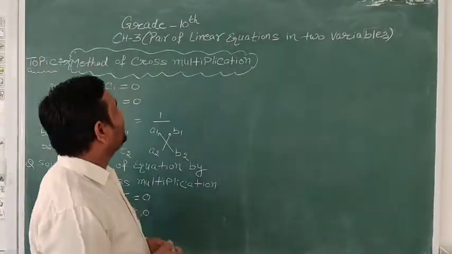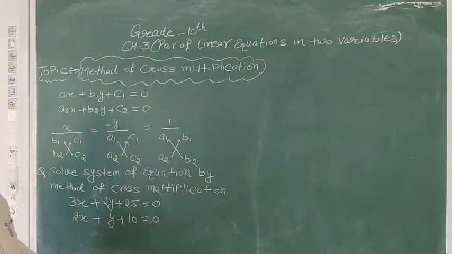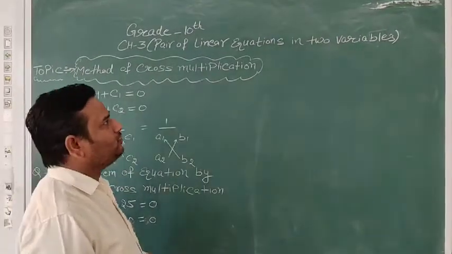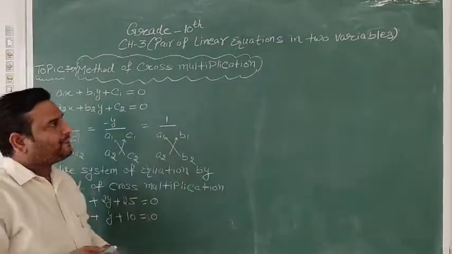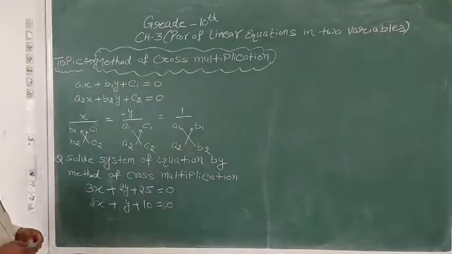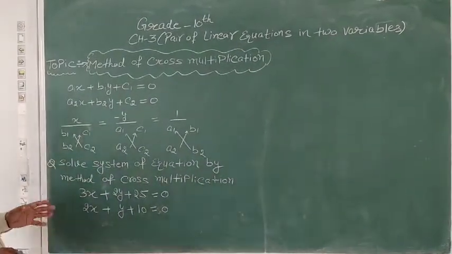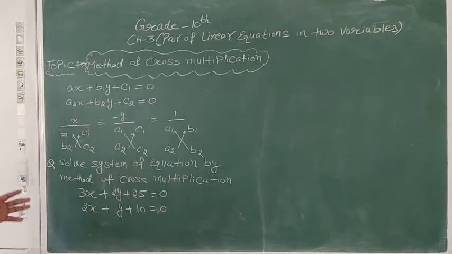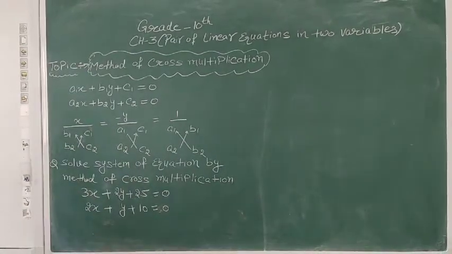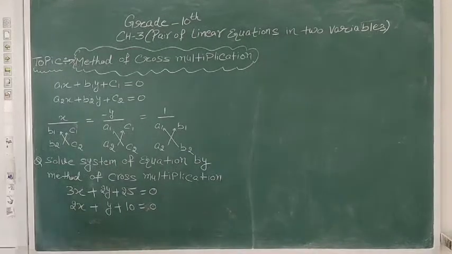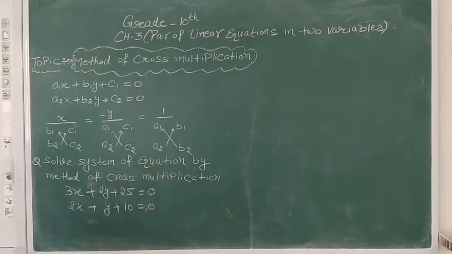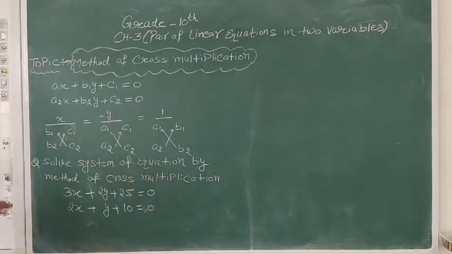Let us start grade 10, chapter 3, pair of linear equations in two variables. Students, our today's topic is method of cross multiplication, meaning how we solve a system of equations by the method of cross multiplication. In order to understand this method, see